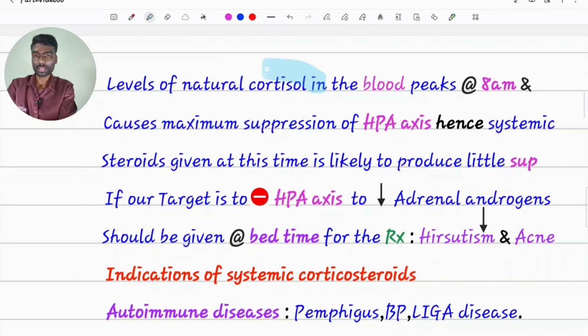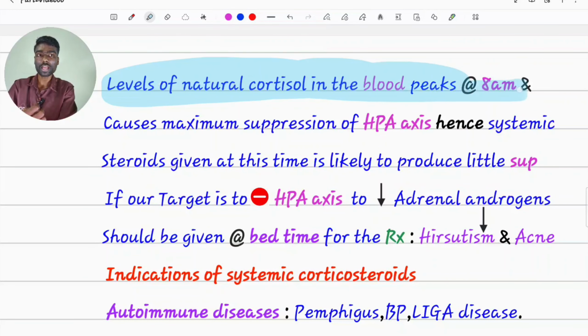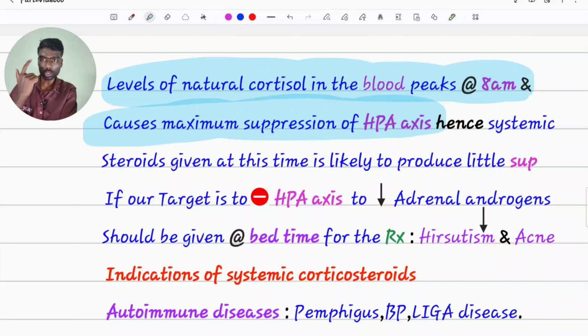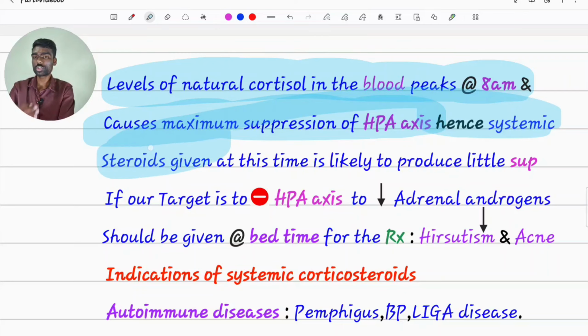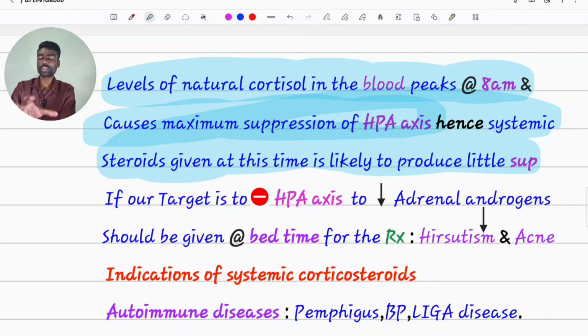Natural cortisol levels in our blood will be at their peak at 8 a.m. in early morning. So there will be maximum suppression of the HPA axis, that is the hypothalamo-pituitary-adrenal axis, naturally at 8 a.m. in early morning. If we give steroids at this time, there will be very little suppression of this axis. Hence we will always prescribe early morning dosages of steroids, except when our target is to suppress the HPA